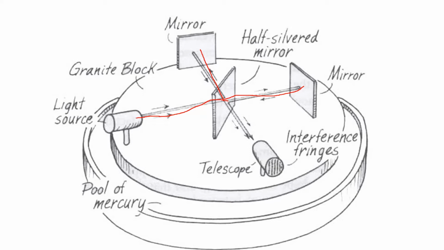Both of those waves would then reflect off the mirror, in this case going through it to this telescope, and in this case, this mirror reflecting off that half-silvered mirror and going this way, and they'd both wind up at the telescope. Michelson and Morley thought the beam's velocity would be different because of the velocity that they would gain or lose because of the ether. The difference in velocity would cause an interference pattern in the telescope.